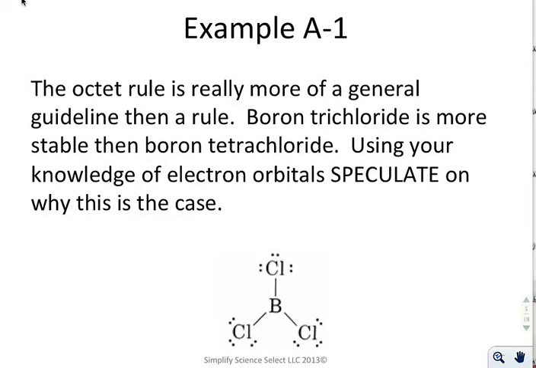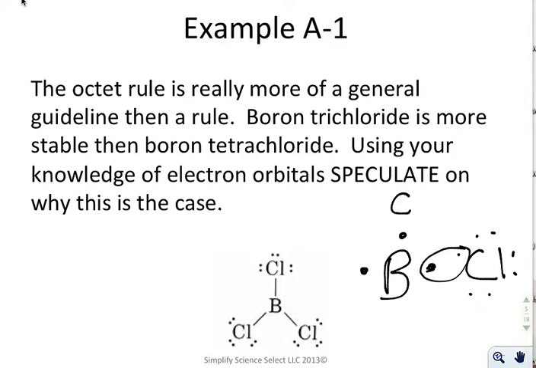Example A1. The octet rule is really more of a general guideline than a rule. There are certain elements that are more stable with more or fewer electrons. Using your knowledge of electron orbitals, speculate as to why this is the case for boron trichloride. If you look, boron has 1, 2, 3 valence electrons. Whenever boron tries to form a bond, it can form a bond with 1 chlorine and share. It can do the same thing here, and share, and it can do it here,